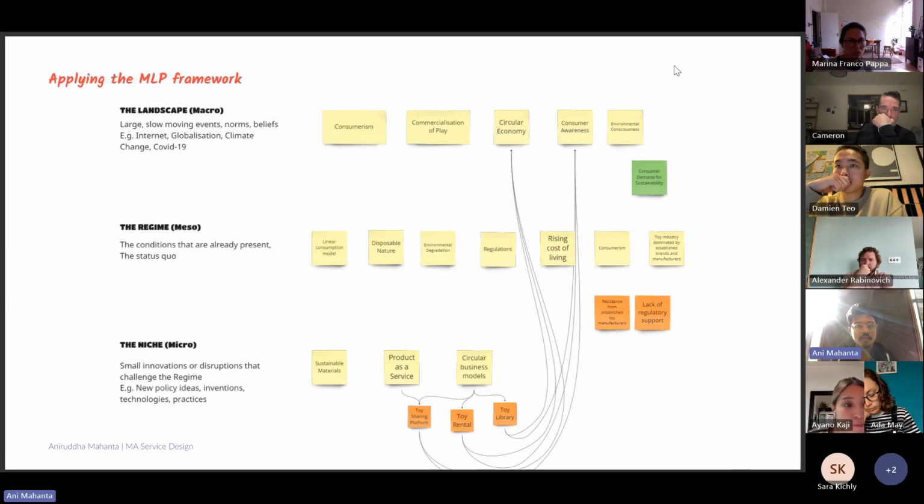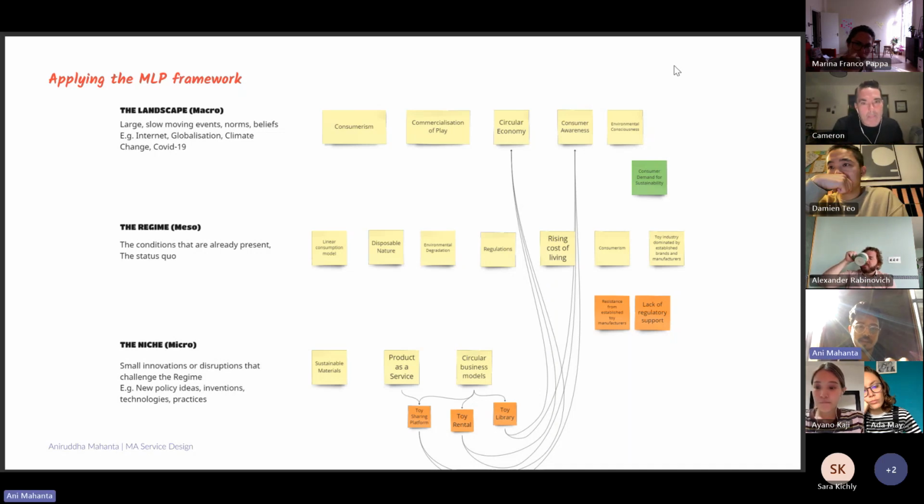Based on all that learning, I also tried to apply it to the multi-level perspective, which I learned from Terry and Cameron. Cameron also briefly mentioned it, I think, previously. I can see that this can lead to a lot of touch points, and I can identify, for example, that there is a consumer demand for sustainability, but